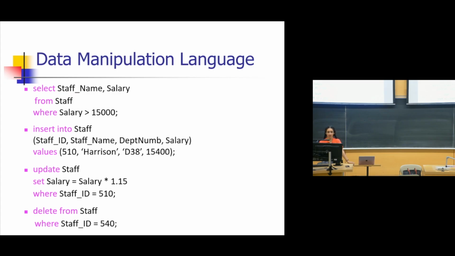Don't mention the name of the column, but you have to follow the order of the columns then, okay? So you'll have to first insert, for example, 510, which is the staff ID, followed by the staff name, and so on. If that's textual information, columns that are varchars, text, something like that, you are using quotes. Otherwise, if it's integer, then you just write it